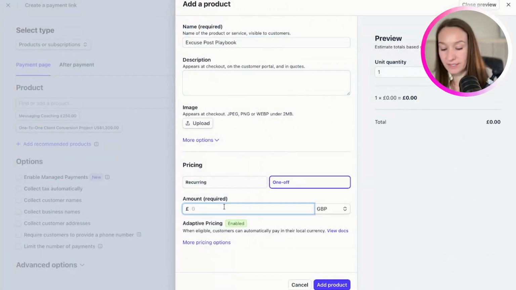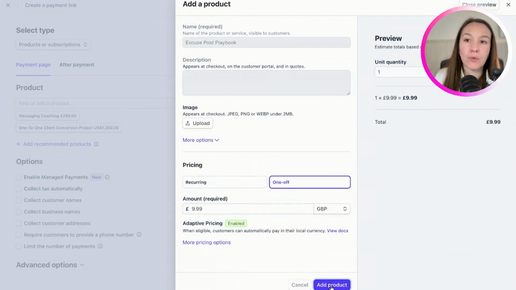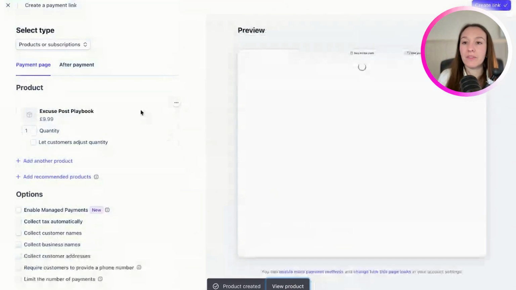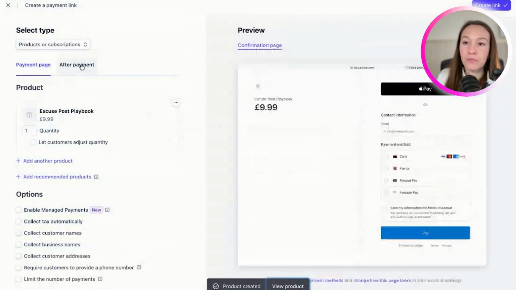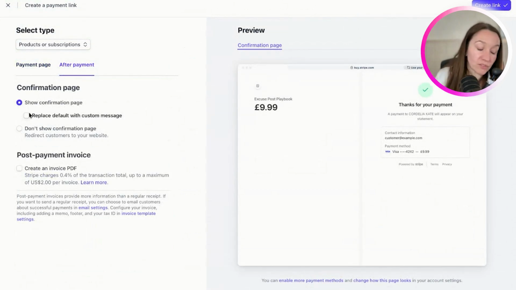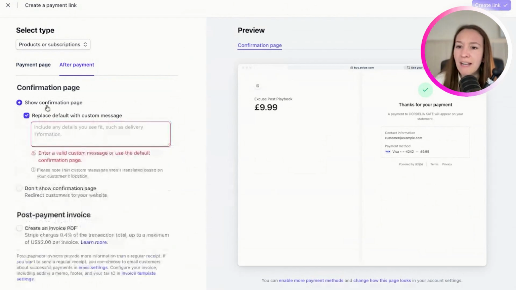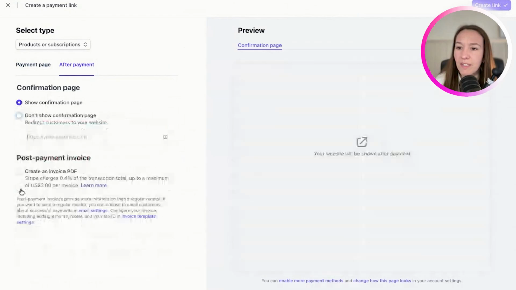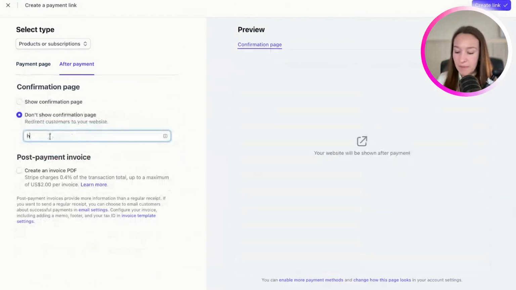And I'm going to add a new product, and we're going to call it the Excuse Post Playbook. Pricing $9.99, one off. And then what we want to do is add an after payment page. On the after payment page, we want to add a link that takes them to the delivery page. We're going to just make up what that link is going to be, and then put it on that link later. Redirect customers to your website, this one. And so it's going to be https